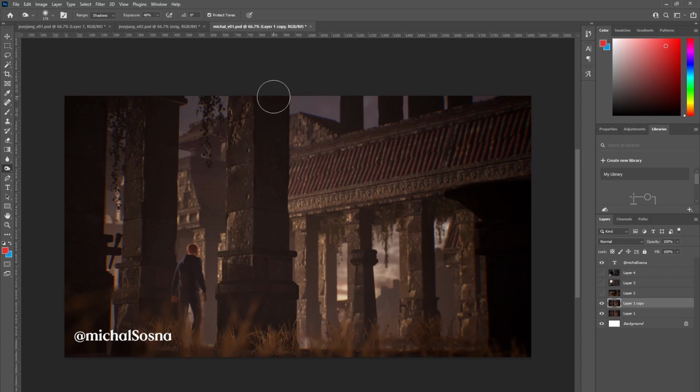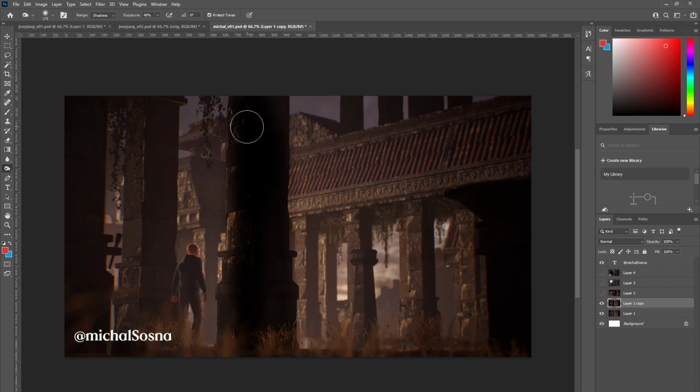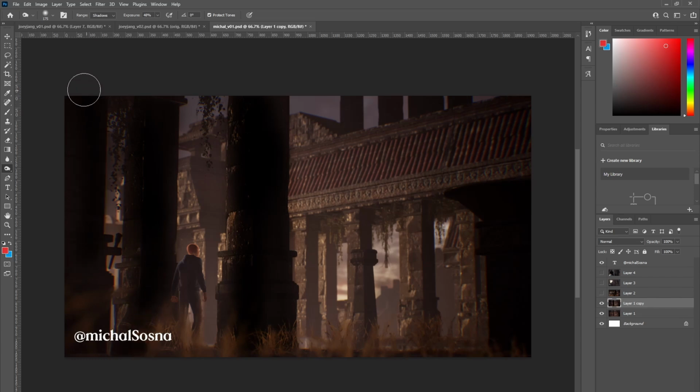And so I would recommend maybe pushing back that atmo so that it affects more of the background. And with the foreground here, maybe let's try and leave that, or at least reduce it, so that we have some contrast.